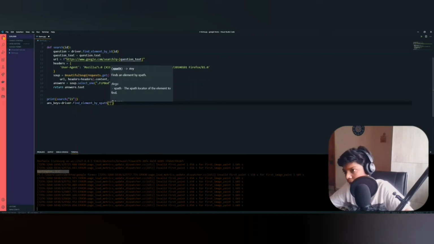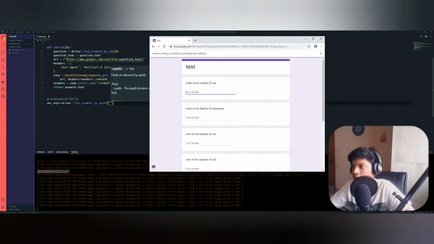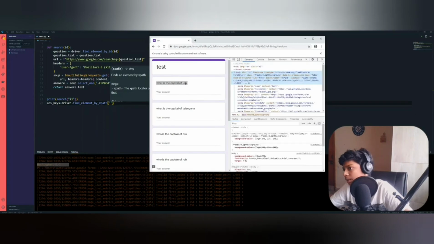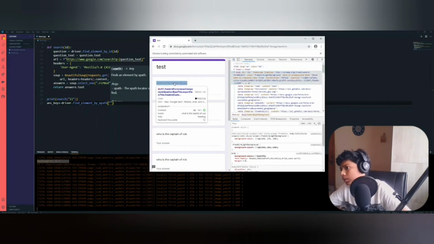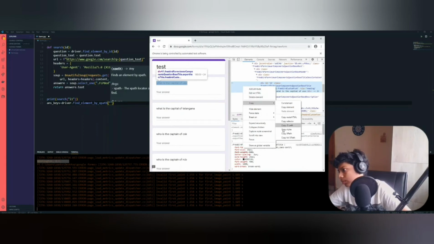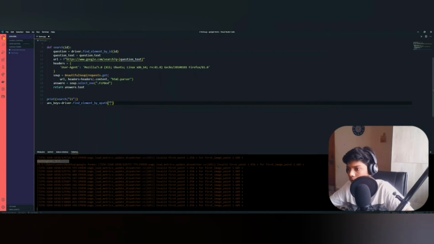So for that you can just head over to this forms website and then copy the XPath of this tag. So let's paste this.